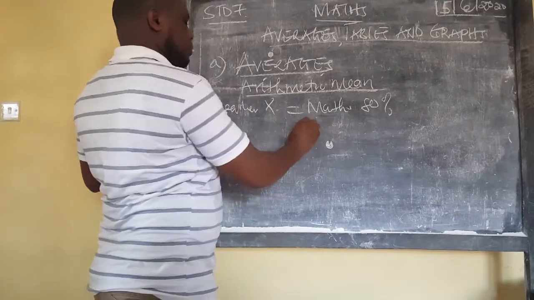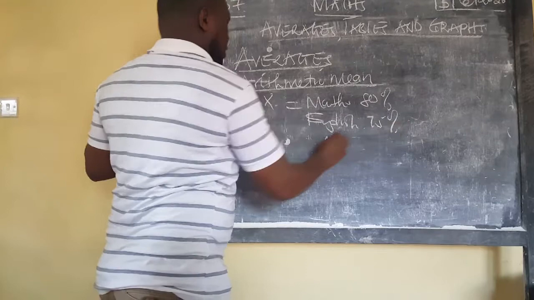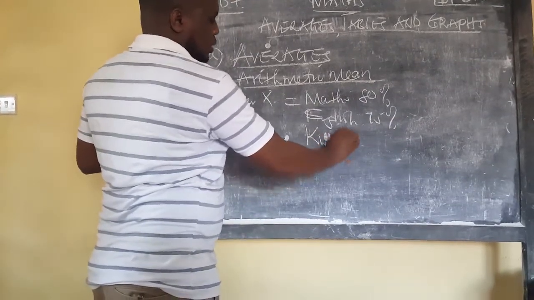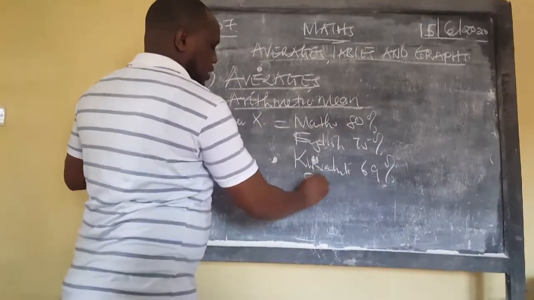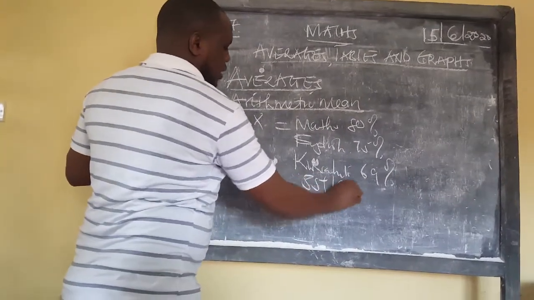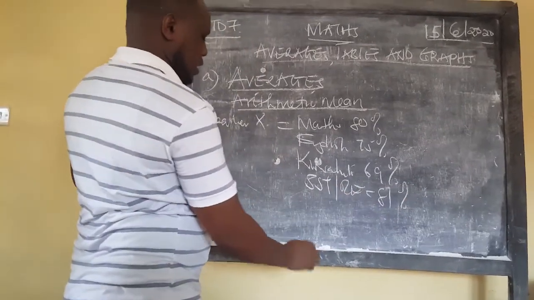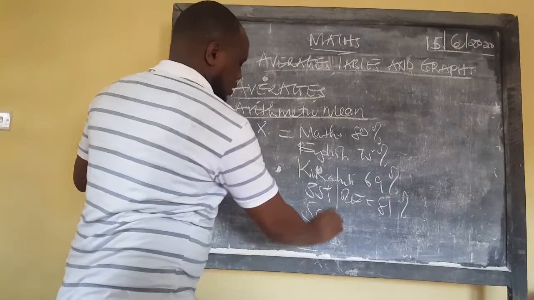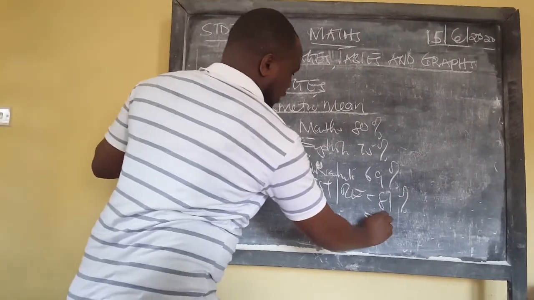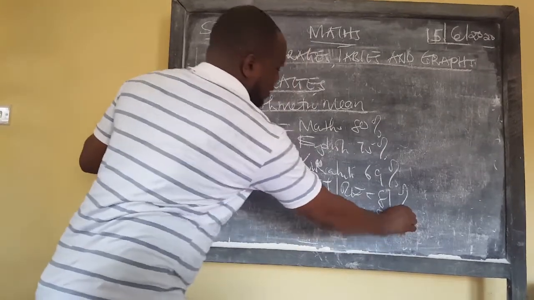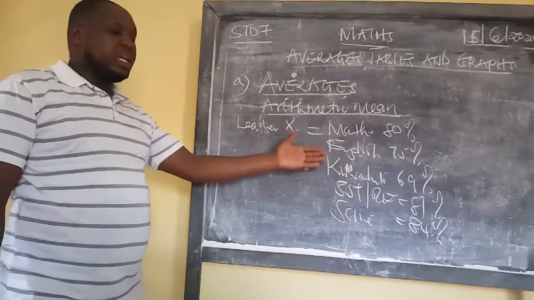Then in English, 75%, Swahili, 69%, social studies and RE, 81%, and then in science, this learner got 84%. So if someone asks you the average, the mean for this